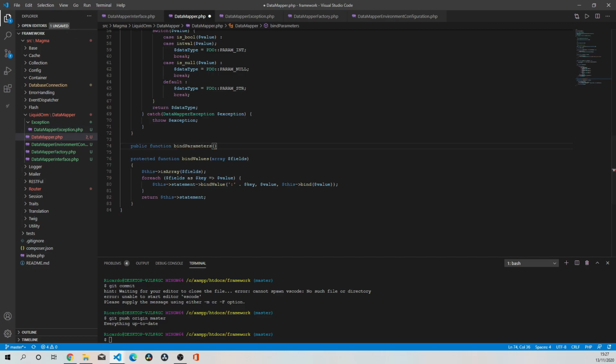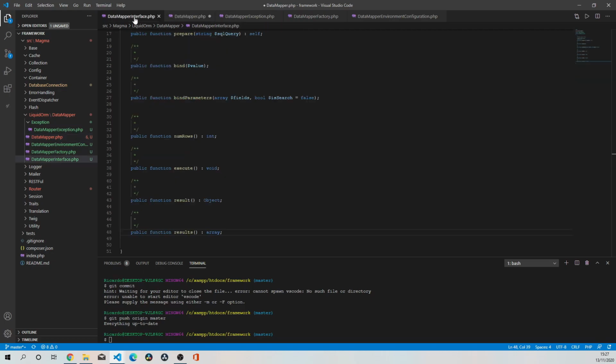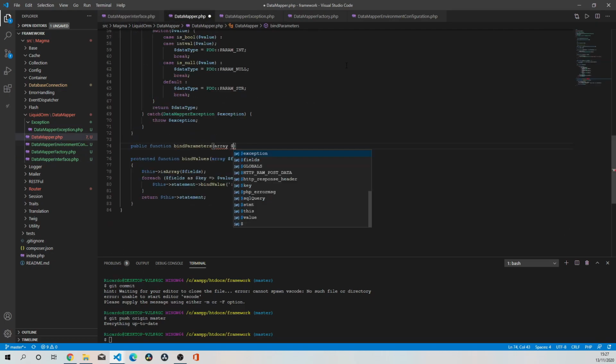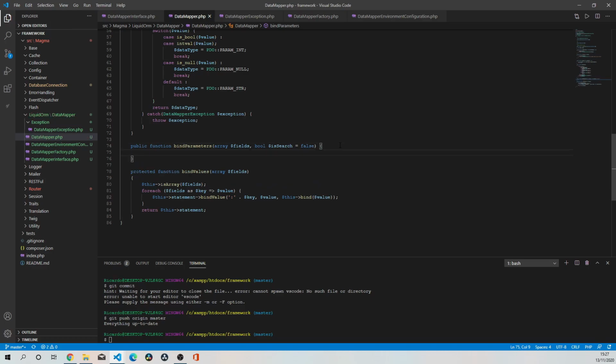And as I said, this method takes in two arguments. The first is an array of fields. And the second was a boolean called isSearch, and that was set to false. And the idea behind this is